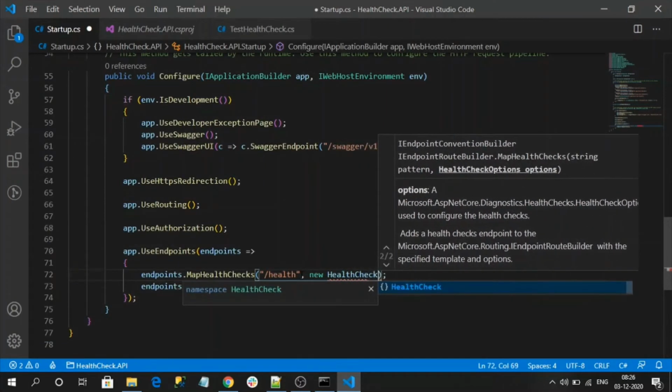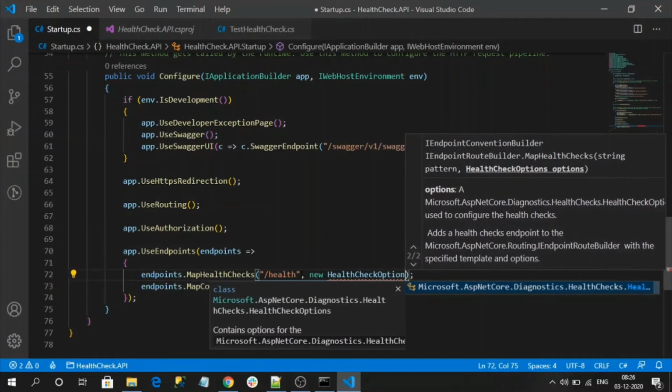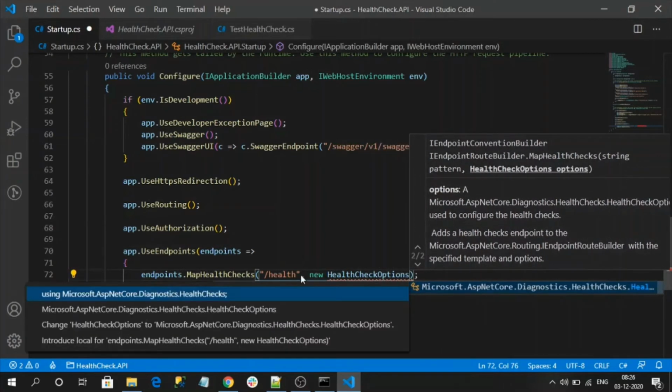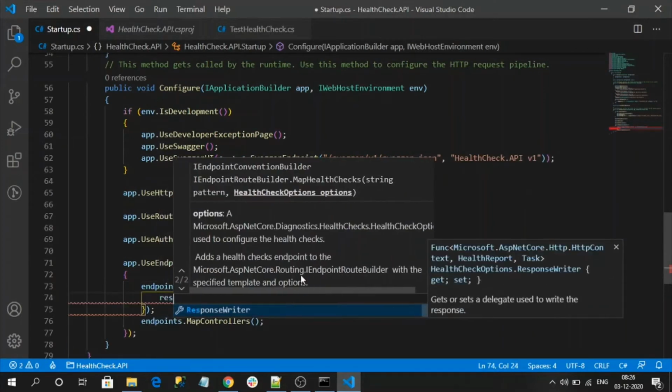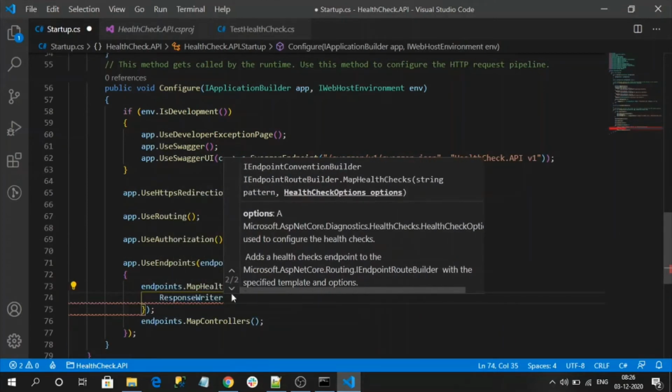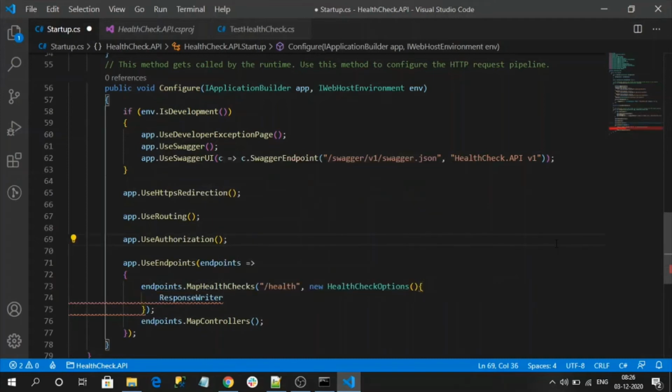Let me initialize the object. See, this HealthCheckOptions provides a property called ResponseWriter. This will overwrite our health check response writer. Let me assign my custom method to it.